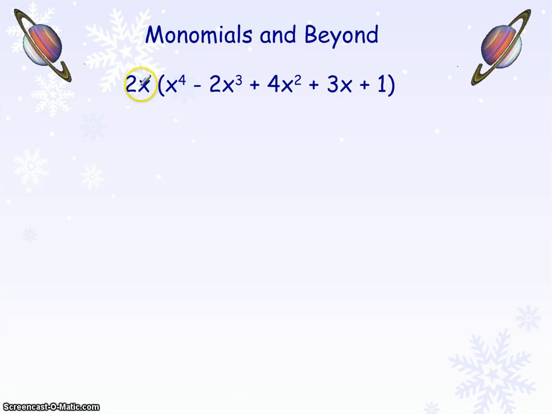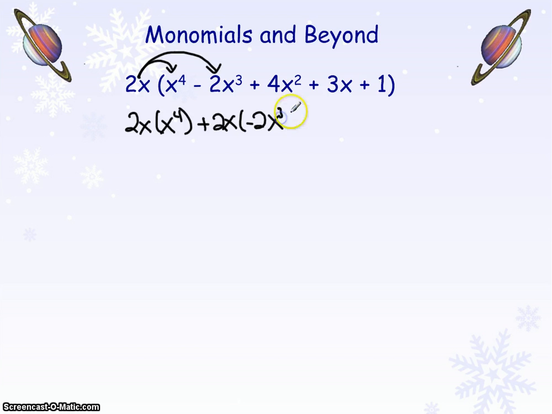Okay, as the problems keep going, you can see that they get a little more advanced as we go. So this one has 1, 2, 3, 4, 5 terms inside the parentheses, and you're going to distribute this 2x times each of them. So you have 2x times x to the 4th, 2x times 2x to the 3rd, so positive 2x times negative 2x to the 3rd,